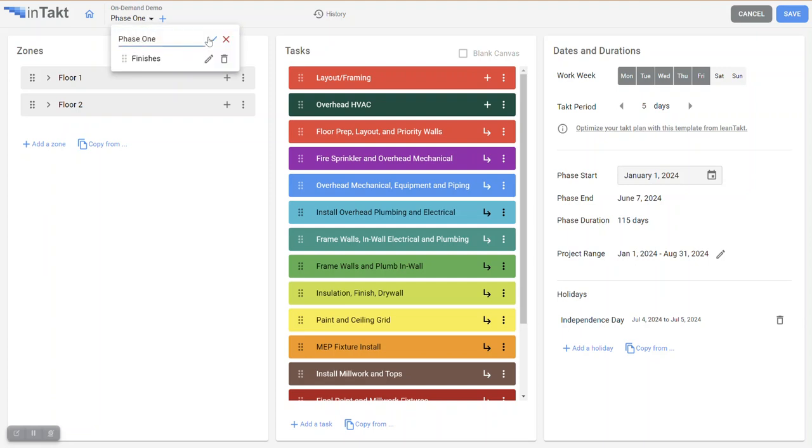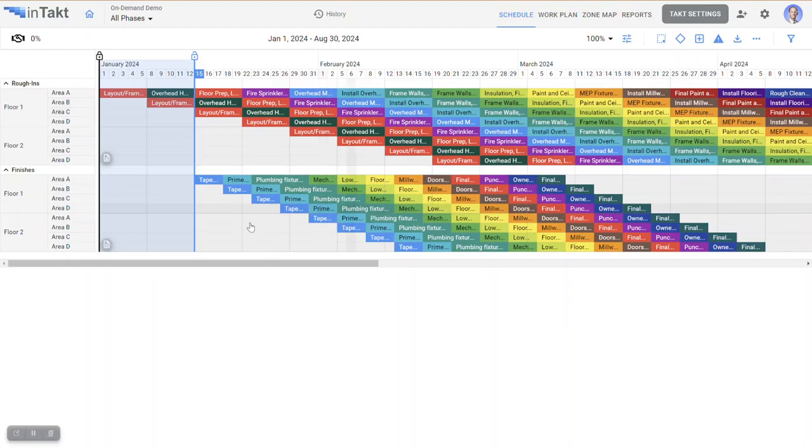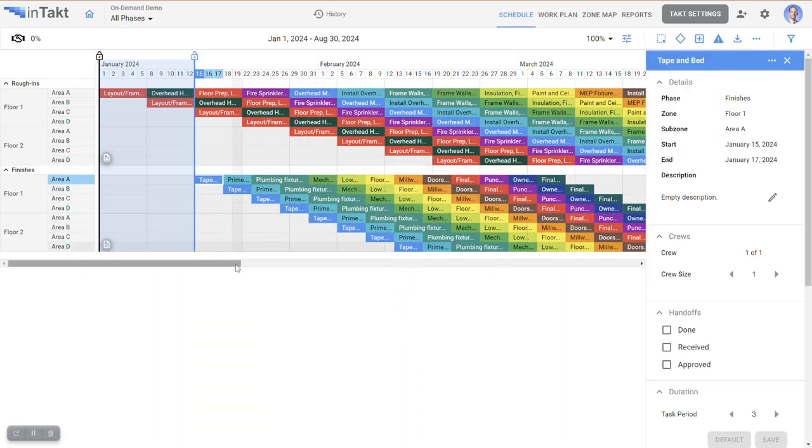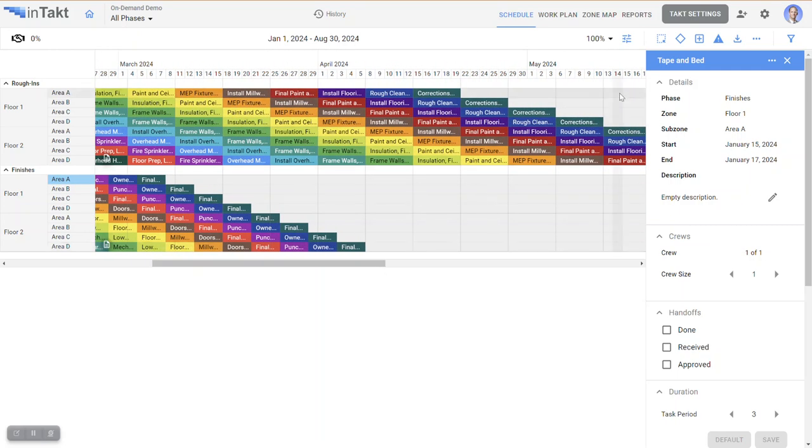Phase 1 is actually the rough-in phase. Let's call it rough-ins. Hit enter. And then we have the finishes phase below it. But of course, we can't start the finishes phase until we're a little bit further through our rough-ins. And so I'm going to go through